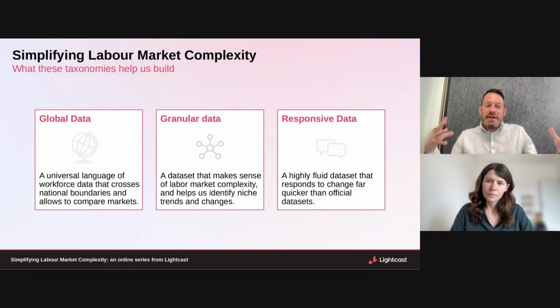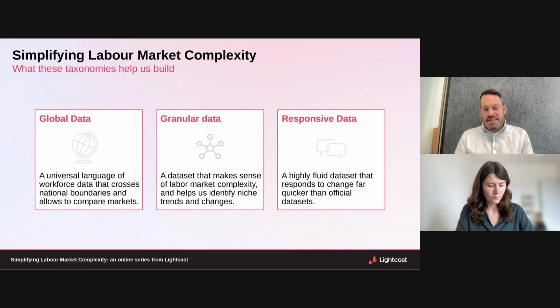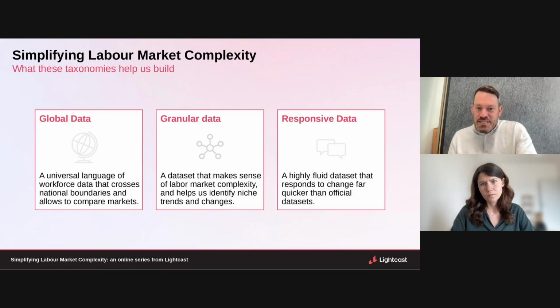As the world becomes ever more globally integrated, the ability to look across geographies with consistency is so critical. As we absolutely move particularly into a more granular world where skills-based hiring and activity is now becoming the standard to navigate that complexity. Again, our ability to view and understand the labor market needs to act on that level. And as you describe, the sheer pace of change means we've got to keep up as best we can with those emergent trends.